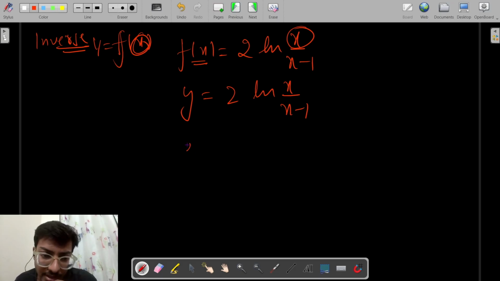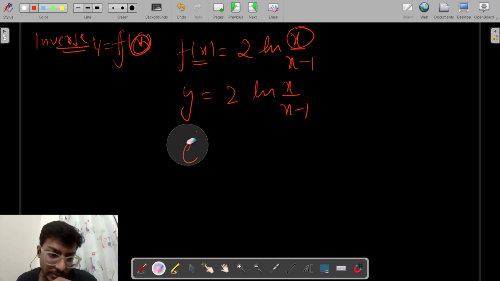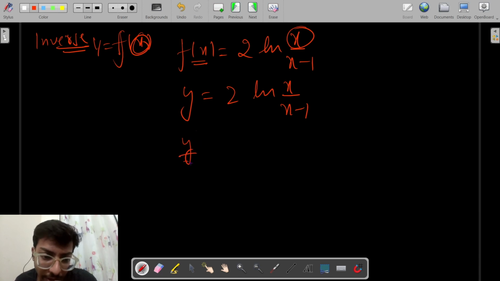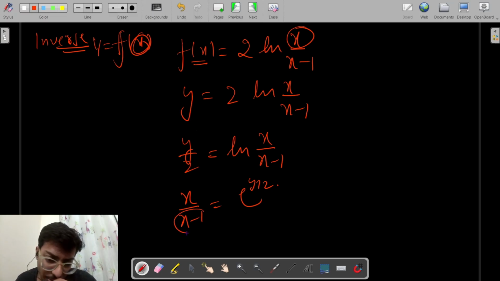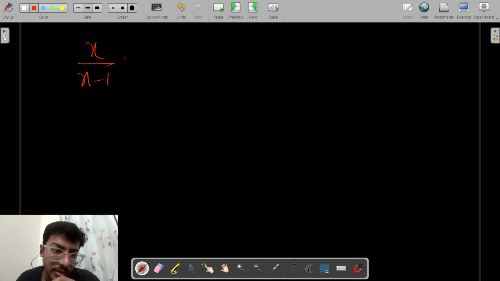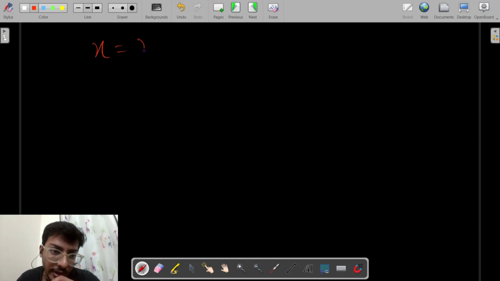So we can simplify it. This can be written as y by 2 equals ln(x upon x minus 1). Now this can be simplified as x upon x minus 1 equals e to the power y by 2. Now we can just cross multiply this term, so your x is equal to (x minus 1) into e to the power y by 2,